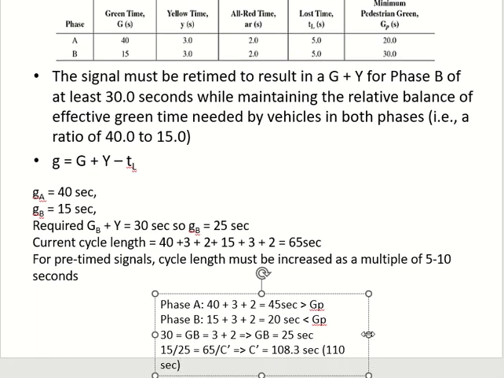Now I need the time for A. I can go back to this equation because I have only two phases. I know the time of B. I know the new cycle length, new time of B. The only thing remaining is the green for A. In this case it is very easy, and you can do it, no problem. So if you do this,